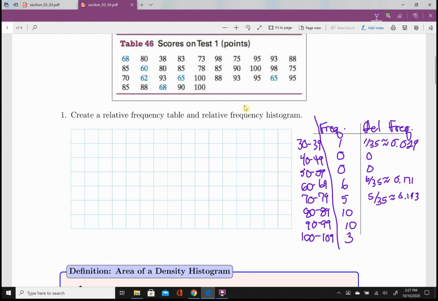10 out of 35, which is about 0.286. Again, 10 out of 35, same approximation there. And then 3 out of 35 is 0.086. Okay, so now that we have our relative frequencies,